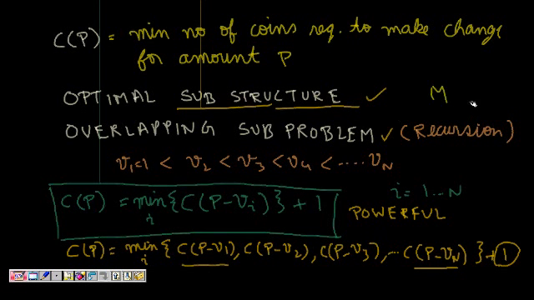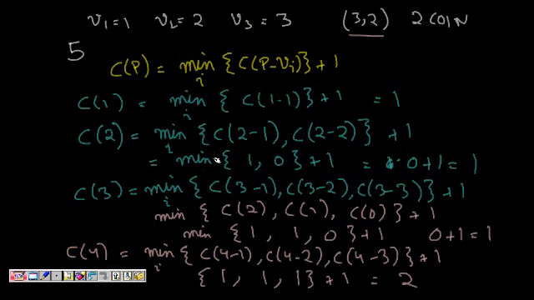So basically I already know the minimum number of coins for the smaller amounts. The last coin that I can choose can be V1, V2, V3, or Vn, anything. Whichever I choose, each one of them will have an optimal value: C of P minus V1 will be the minimum number of coins required for P minus V1. So we find the minimum among them all, and because we are using the last coin, we add 1 to it. So this gives us the solution.